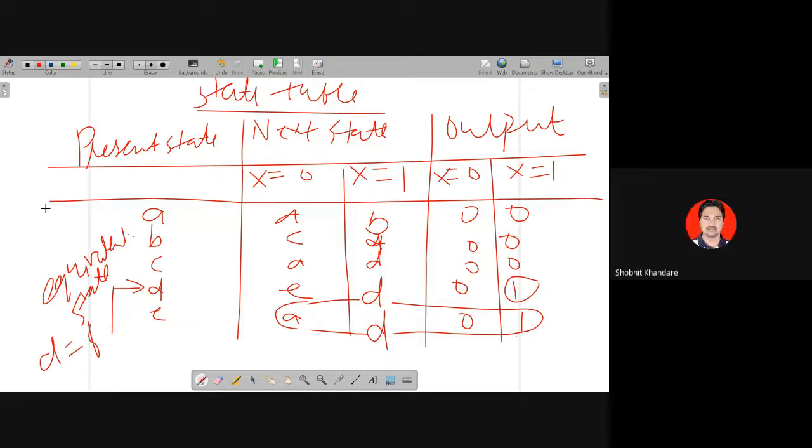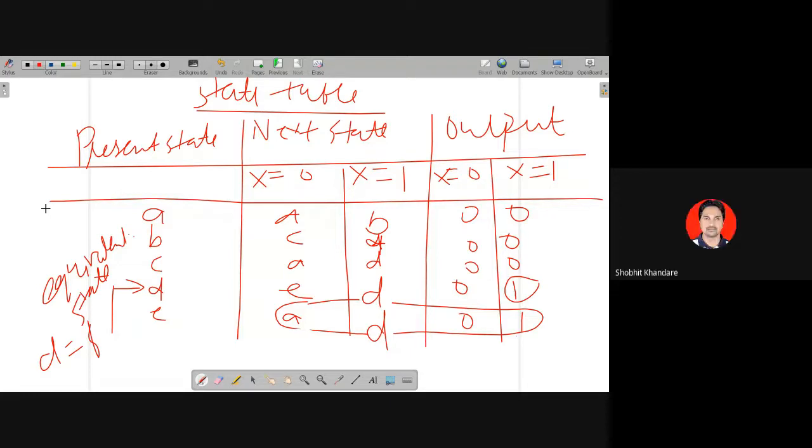Now see here, this is the final reduced state table. We cannot reduce further. Now can you use this table and implement the state diagram by using this table? Yes or no? My question is that this is my state table after reduction. Okay, after reduction, this is the final one. Now using this table, can you implement the state diagram? Yes, sir.